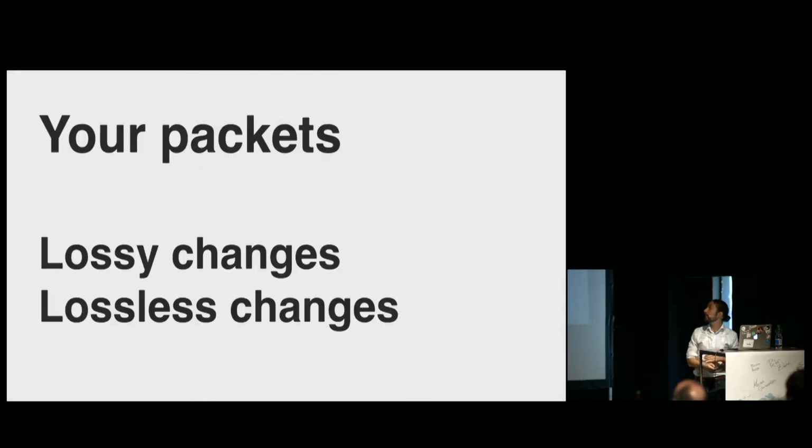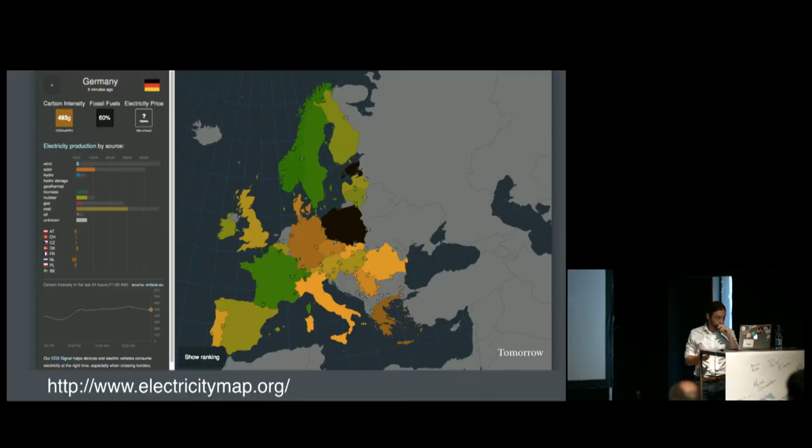So I've spoken a bit about running servers, things you control. Because you're controlling the servers yourself, you have quite a lot of control there. But typically, you need to send data to your customers. If you think of the last section as your platform, this is your packets. When a request leaves your servers, you don't have much control over how it routes through the internet to reach a user. This is a feature of the internet. It's usually a good thing. It helps us get around censorship and things like that.